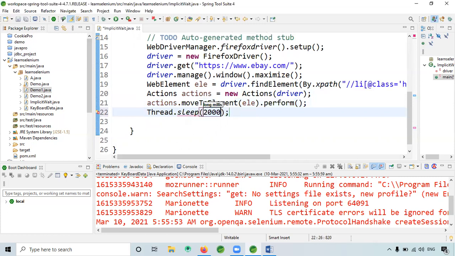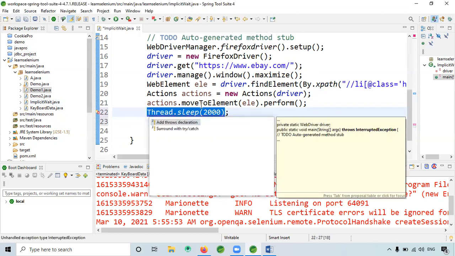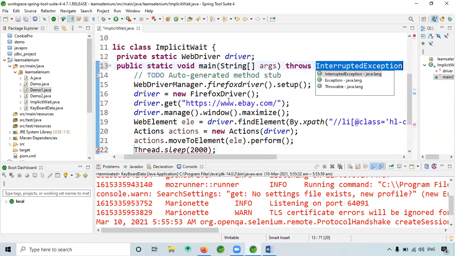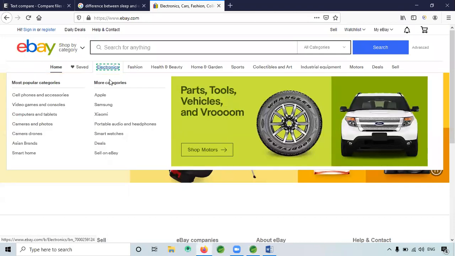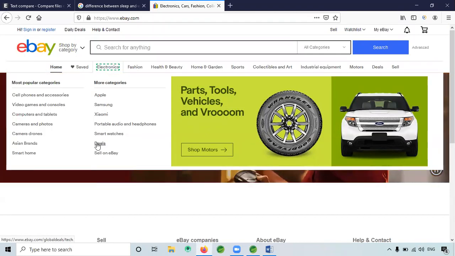I want the thread to wait for 2 seconds. Whenever you give Thread.sleep, either you can give a try catch block or throws exception in the declaration. Okay, so now it has to find this one. Which one can we choose? Okay, we'll choose the deals.